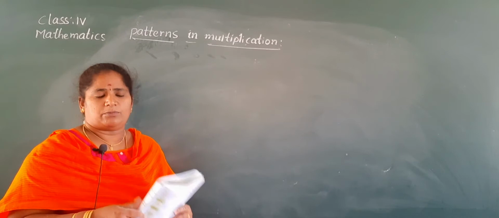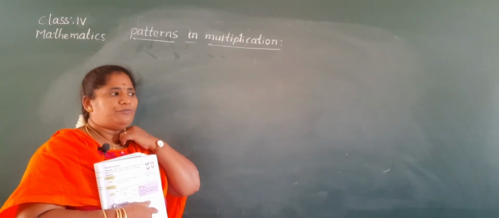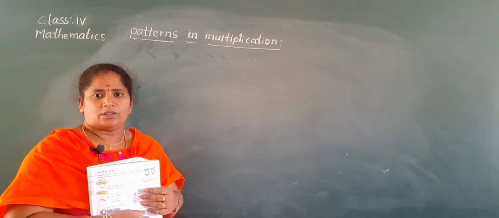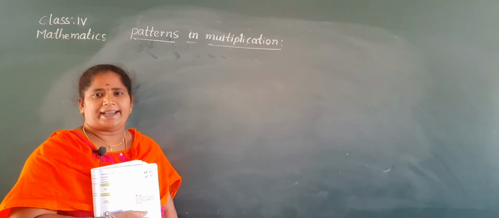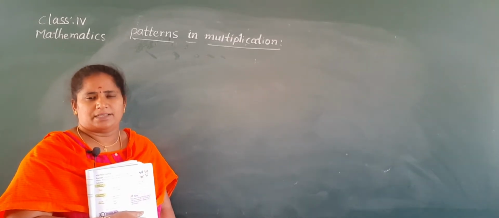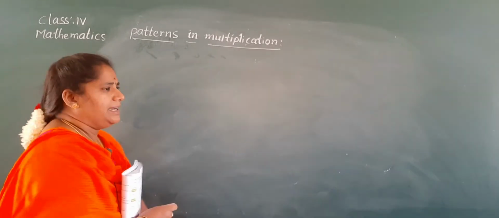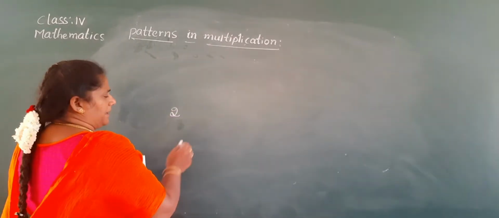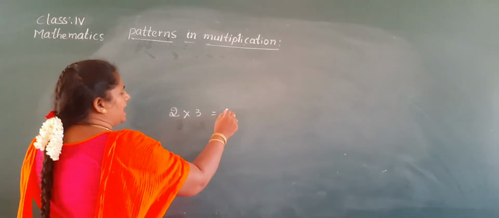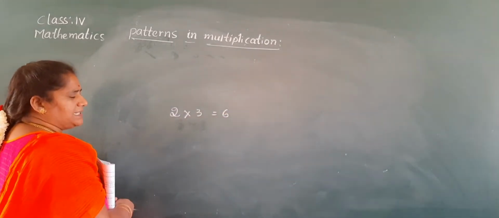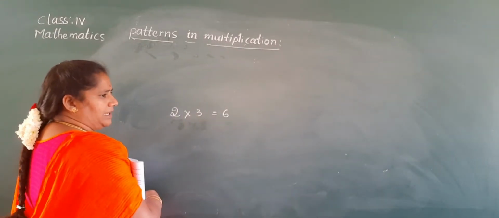What are the even numbers? Can you tell me, children? 2, 4, 6, 8, 0. Those are the even numbers. And tell me odd numbers. 1, 3, 5, 7, 9 are odd numbers. Okay, ma? So, if we multiply an even with an odd, let us take 2 and 3. So 2 3s are 6. So from this what we can say, even times odd gives an even number only.